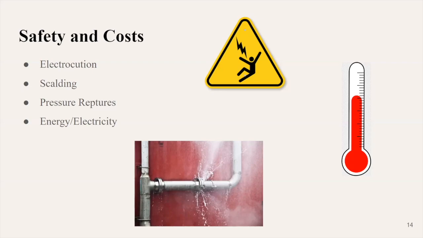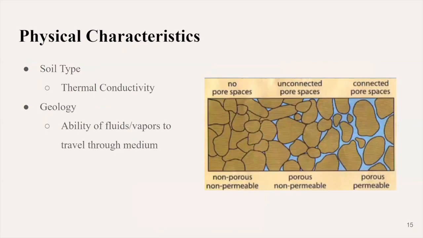As far as energy and electricity, electricity can be expensive, and these are pretty energy intensive systems. They require a lot to either put the electricity down or heat. It takes a lot of energy. And if you're in a remote area, you might have to make this yourself with a generator, and fuel costs can be quite expensive. So physical characteristics,